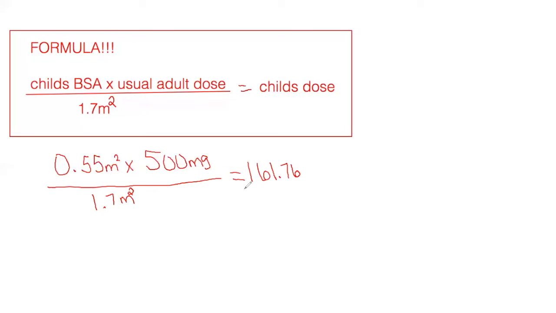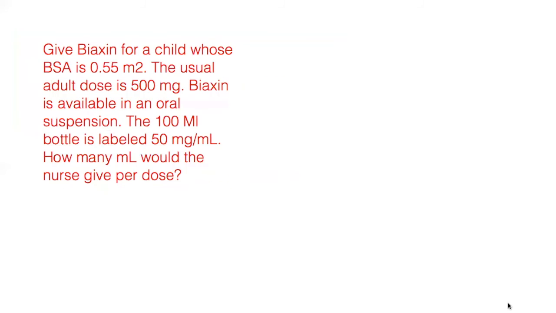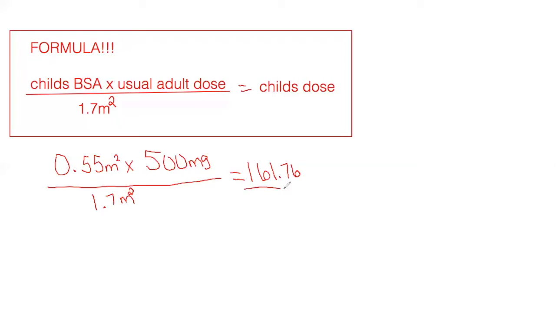So if you guys don't remember that, please go back to the dose over hand slide for review. So our dose that we have available or on hand is 50 milligrams per ml. That's what it's labeled, right? So we're going to divide this number by 50. And this is going to give us